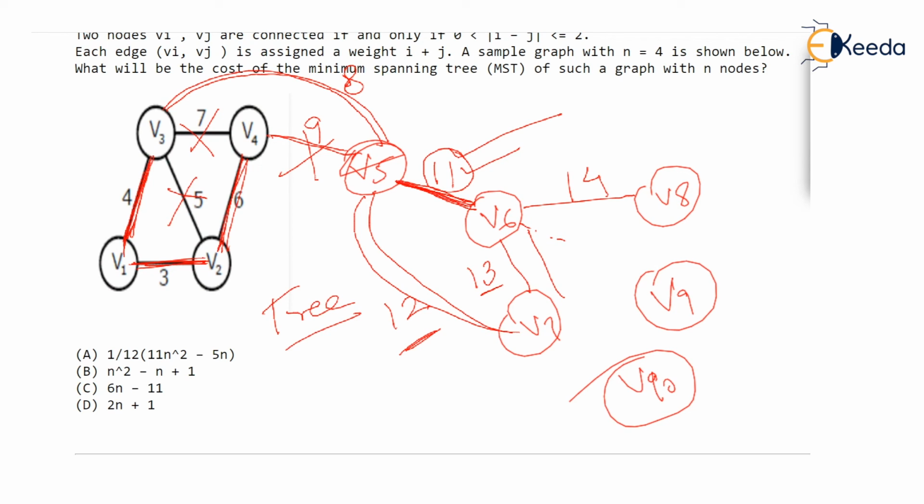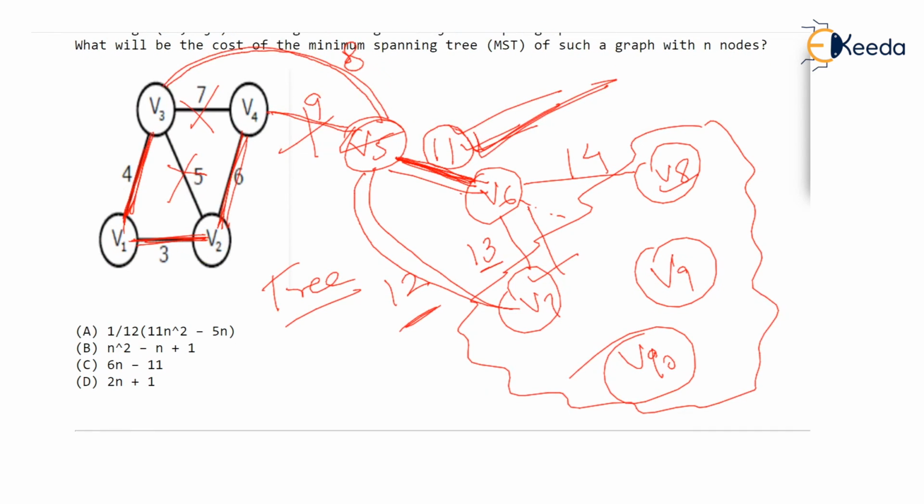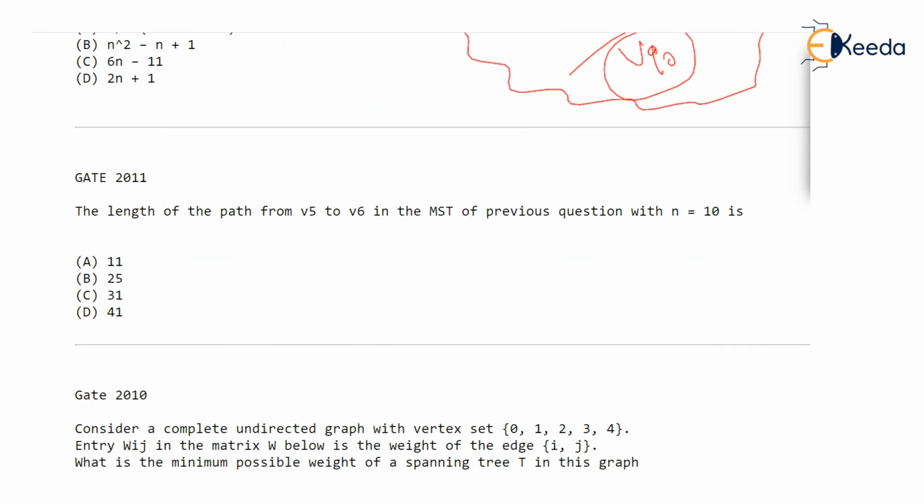Look, you didn't have to go very far to create the entire graph. First of all, you just add V5 and V6 and some vertices like V7 and V8 further. Just see that there are very few edges, and when you construct the tree only up to V6, you will say, oh good lord, V5 and V6 are connected with an edge and they are asking us the path from V5 to V6. So the answer has to be 11. I hope you have understood both these linked questions. Very interesting question, isn't it?